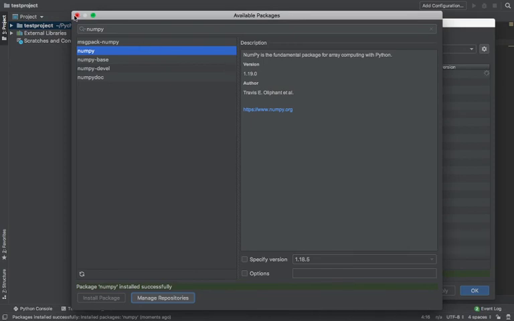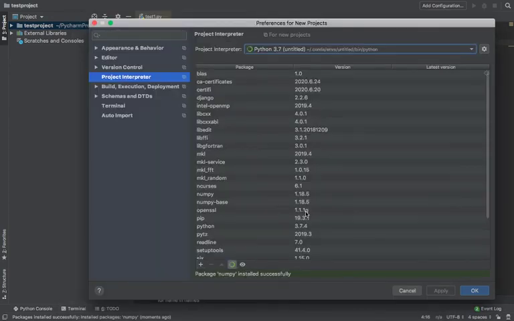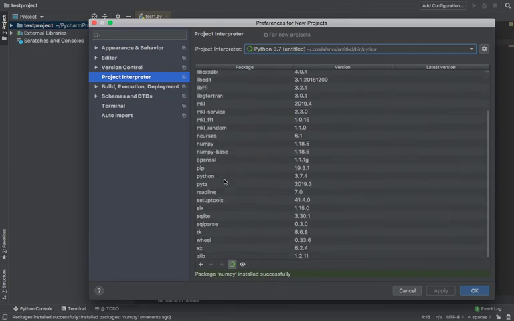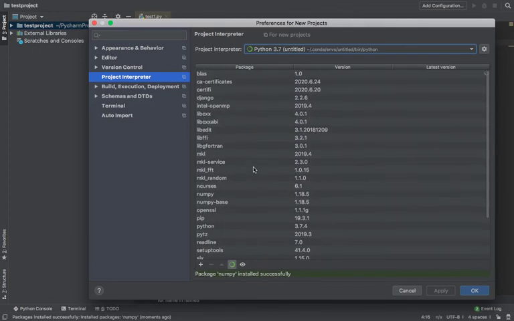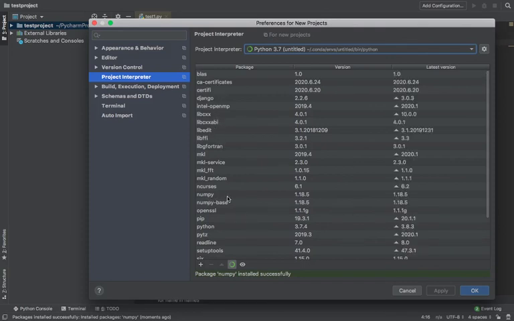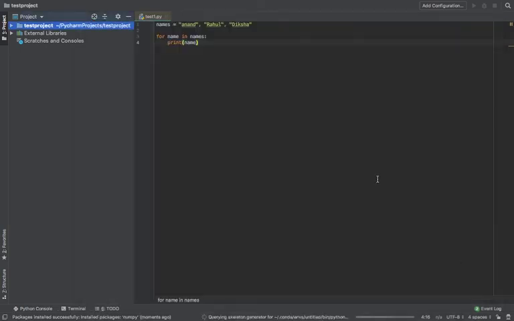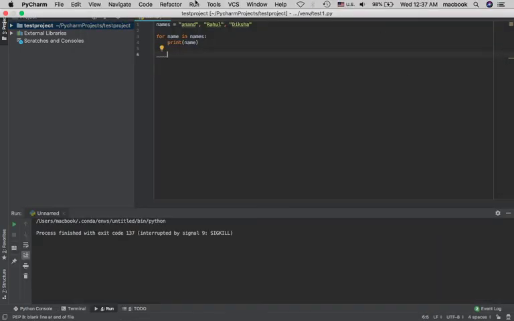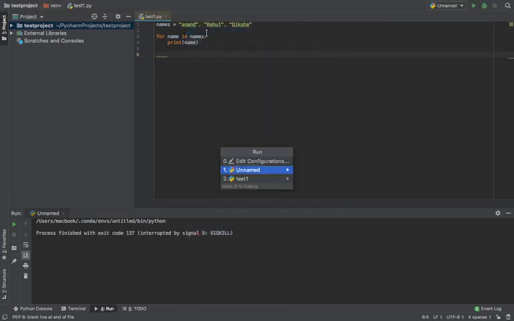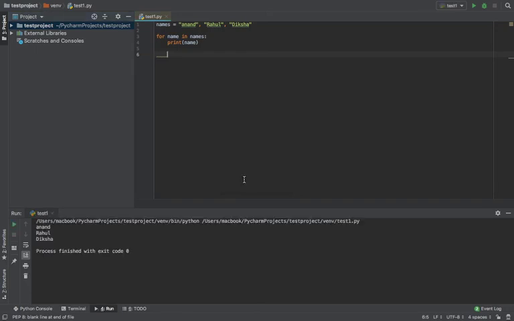Close the window, and you can see NumPy here, and so on. You can install more. Okay, then click OK. So go to run, and after that choose the file name. Okay, my file name is test1. Click that, and after that it will run. You can see here Anand.